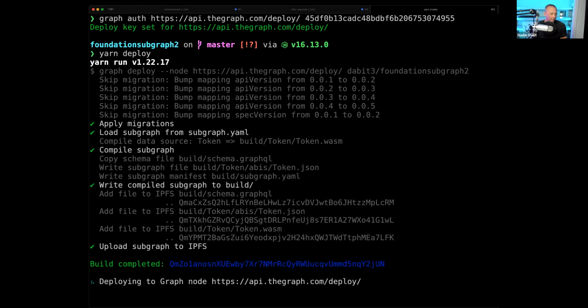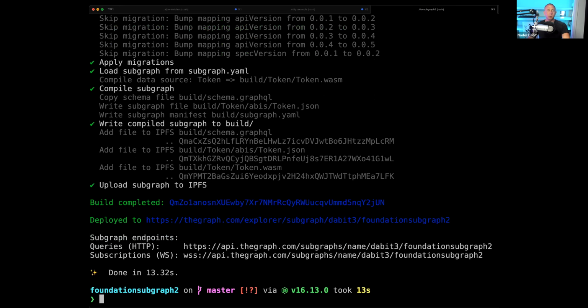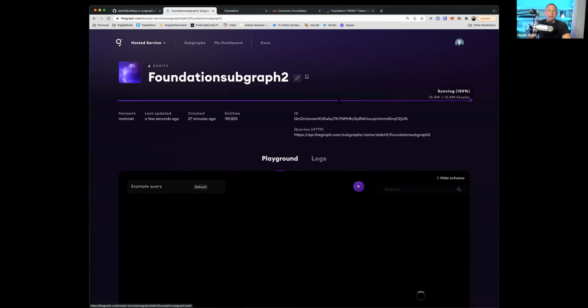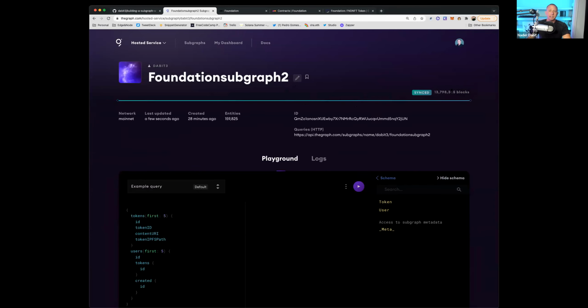And this should go ahead and run graph build and then deploy our subgraph. And then what is going to happen is, once this is deployed, the indexing should start happening immediately. So you now automatically see that we have the syncing. It looks like it's already synced, which is pretty quick. So 100% synced, 13 million blocks, 159,000 entities.